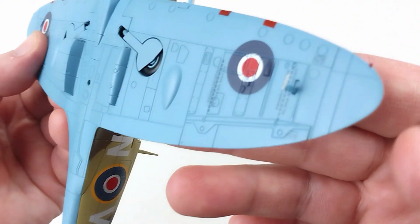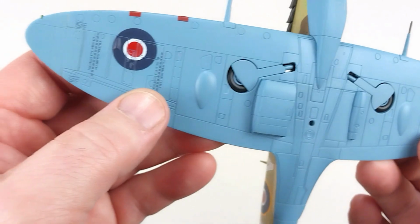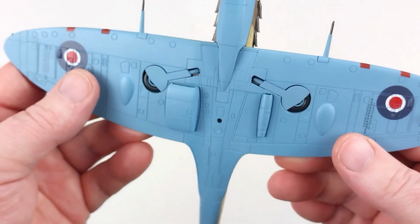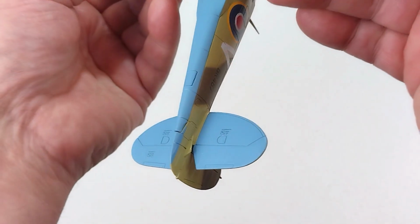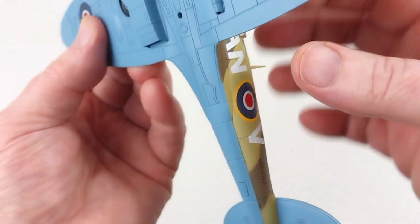Let's have a look underneath. Oh, wow. That is really blue. Hopefully it's not playing up with the camera. Yeah, that looks absolutely awesome. So, well, in flight...